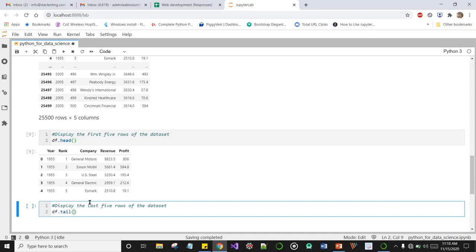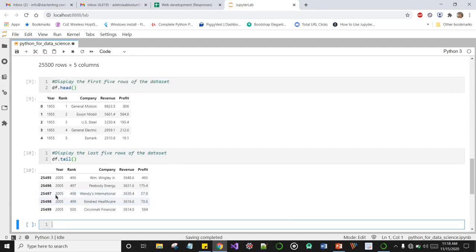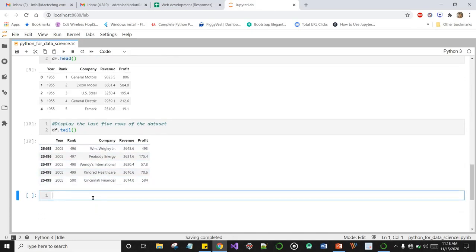So data frame.tail is going to return the last 5 rows of our data set. And you can see the last 5 rows of our data set according to the index numbers are just this, and that.